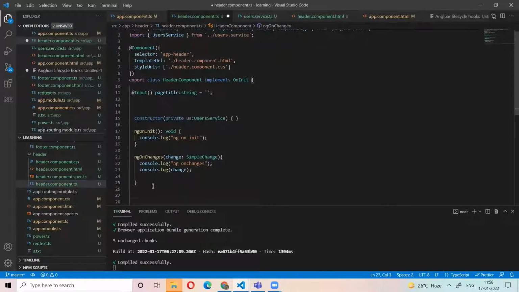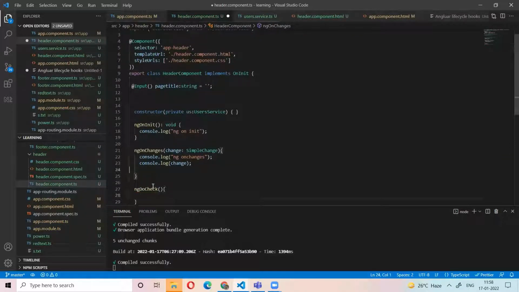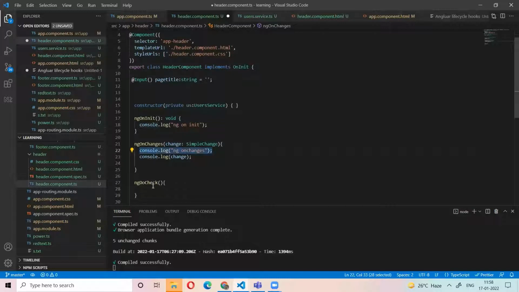So this is also ngDoCheck. I use the same here.